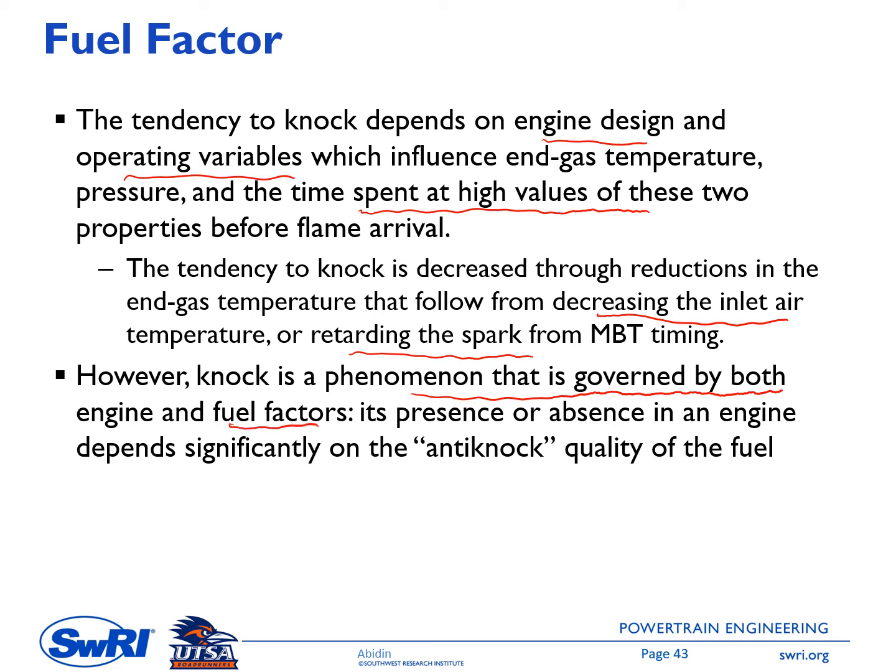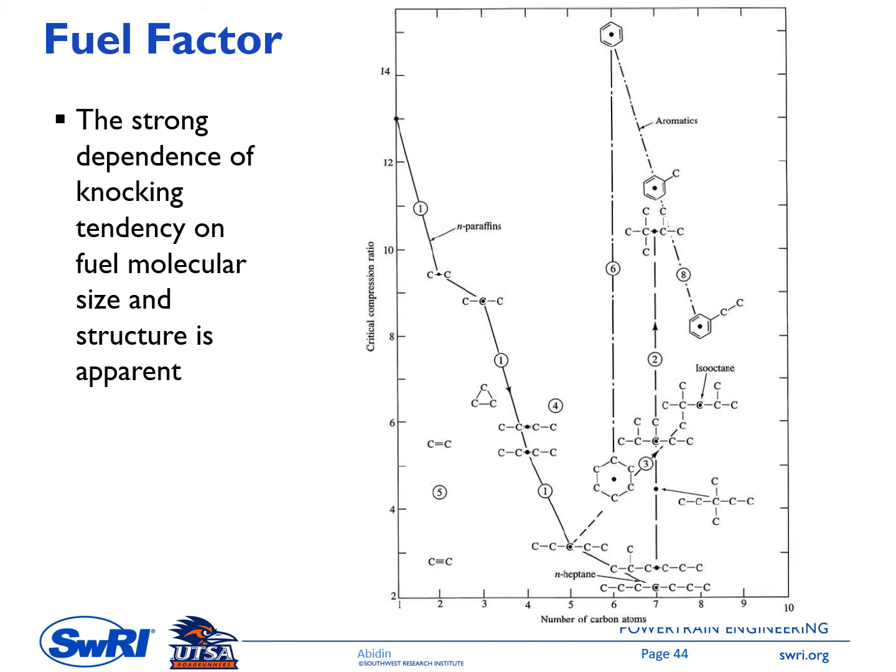So this fuel factor is the anti-knock quality of the fuel. So the fuel which has a good anti-knock quality will have a longer ignition delay, thus less knock propensity. Individual hydrocarbon compounds vary substantially in their ability to resist knock, and this depends on their molecule size and structure. And their tendency to knock has been characterized by a parameter that's called critical compression ratio. And this is defined as the compression ratio at which, under specified operating conditions, the specific fuel compounds will exhibit